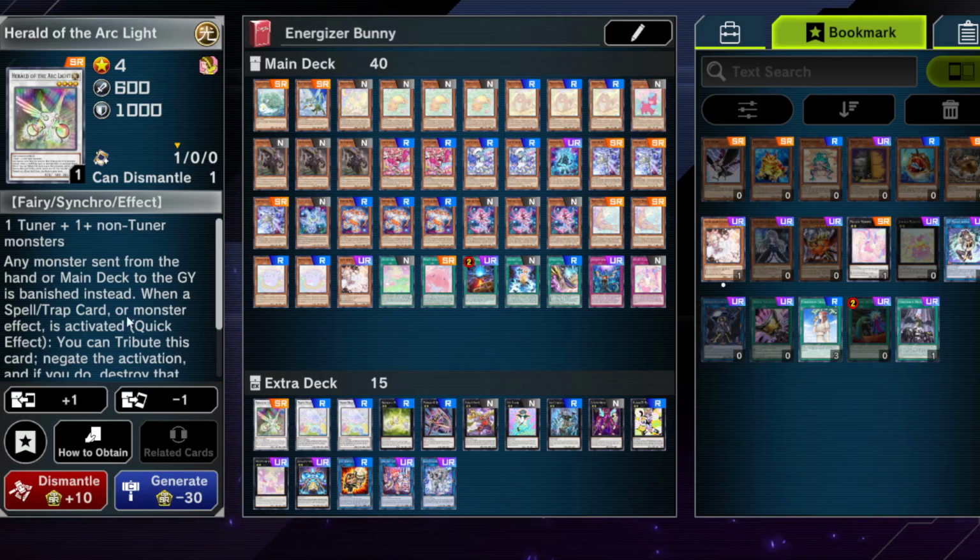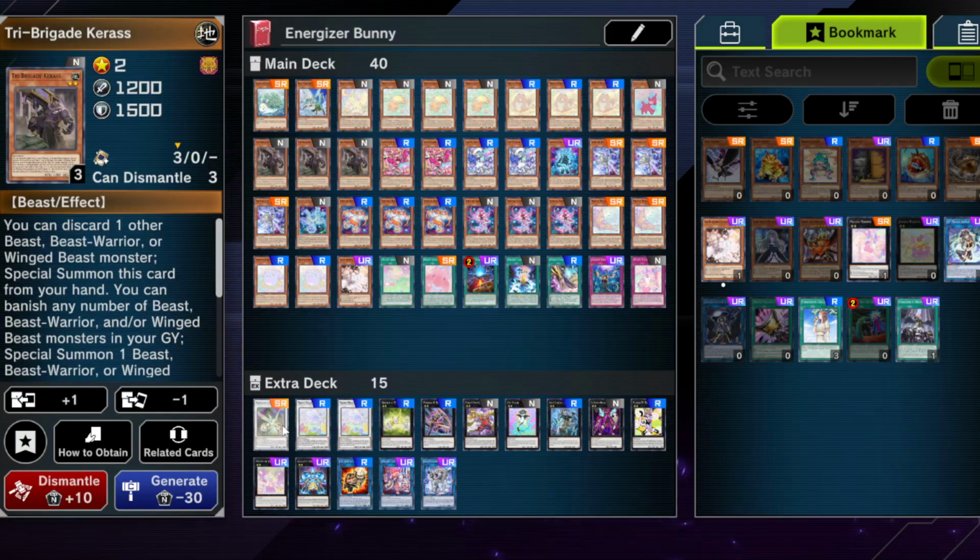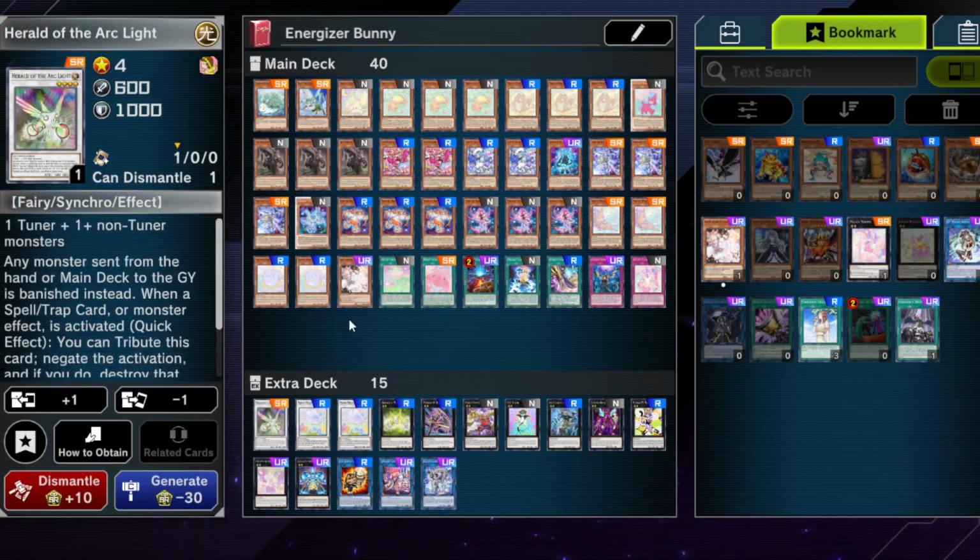Herald of the Arclight has the neat effect, besides the obvious thing that it negates something: any monster sent from the hand or main deck to the graveyard is banished instead. Doesn't really come up that much in this deck because this deck doesn't really send too much from the hand to the graveyard besides Kerass, but I'll be talking about this in a second. It also doesn't really send anything from the main deck to the graveyard, so at this point we're all fine, so it works out and it doesn't hinder us too much, but Tearlaments is not fine with this one,